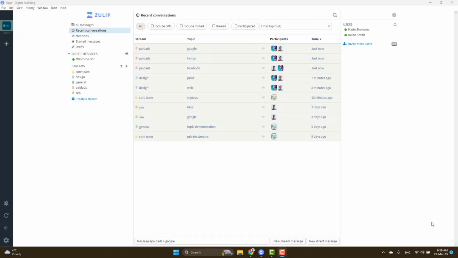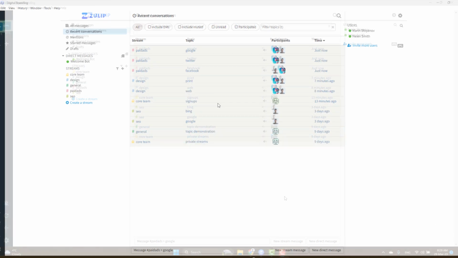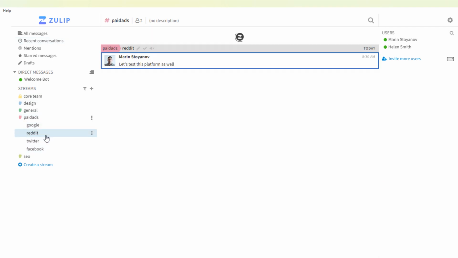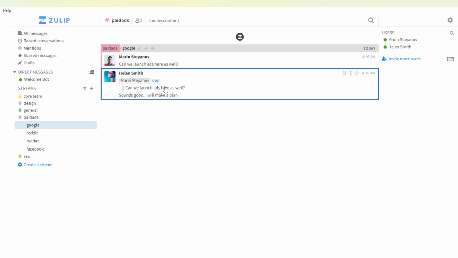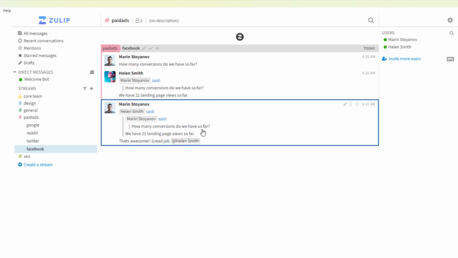One of the key features that sets Zulip apart from other messaging platforms is its topic-based messaging system. In traditional messaging platforms, conversations tend to be organized chronologically, with messages appearing in the order they were sent. This can make it difficult to follow the flow of a conversation, especially when multiple topics are being discussed simultaneously. In Zulip, conversations are organized by topic, allowing participants to easily track and contribute to specific discussions. Each topic is displayed within its corresponding stream, and participants can subscribe or unsubscribe to streams based on their interest or involvement in the overall conversation.